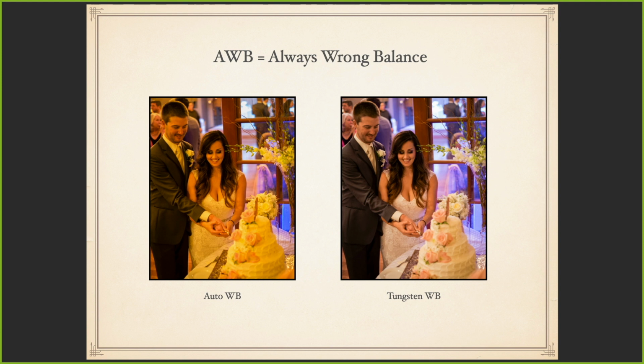The other problem with auto white balance is it will fluctuate every single shot you take. So every time you let go of that shutter button and then press it again, it will reevaluate the white balance, kind of like if you're on an auto exposure mode, it will reevaluate the exposure too, and it will give you a slightly different white balance. So if nothing's changing too much, it might only fluctuate a little bit, but every single one of those pictures,